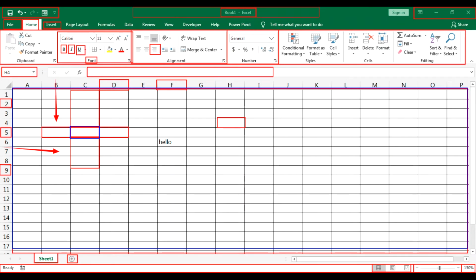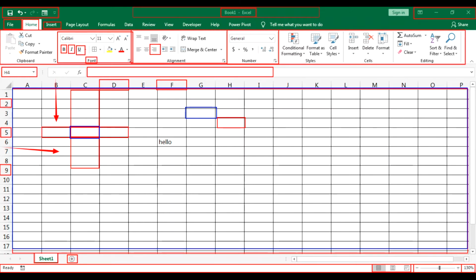This is the main area where we enter and store data and values. It consists of a grid-like structure of rows and columns. A cell is the individual unit used to store data. At a time, we can store only one value in a single cell.